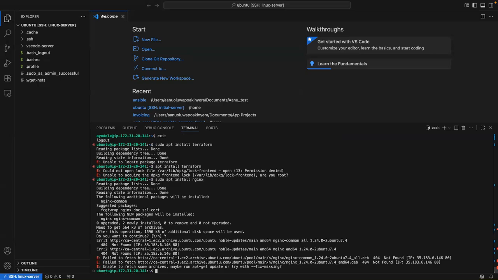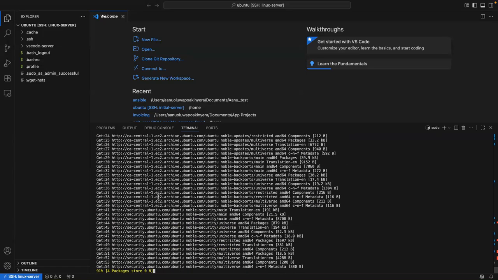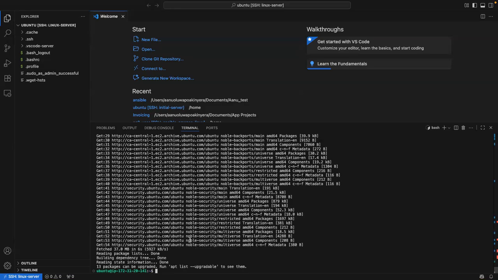Again, this is a fresh server, so you need to first of all update your repository, your Play Store, to know what is there or not. So I made a mistake. That will be sudo apt update. You first of all need to update your App Store so that it is up to date. It's still updating. After you've done all of that, you can now install your nginx.